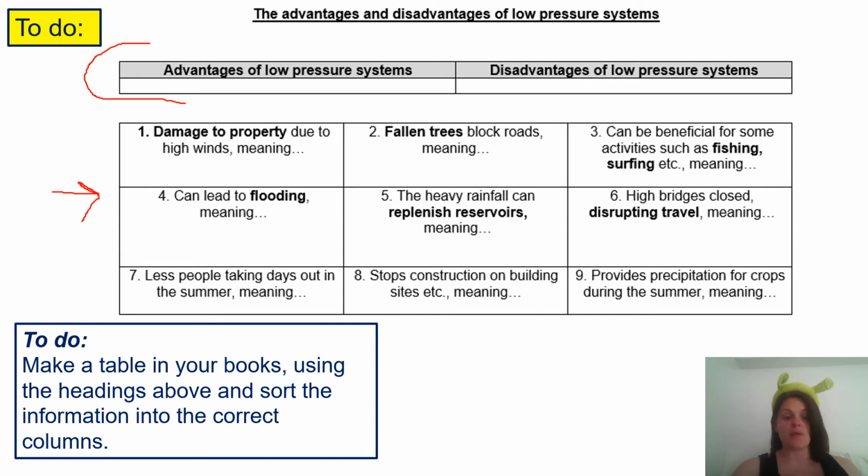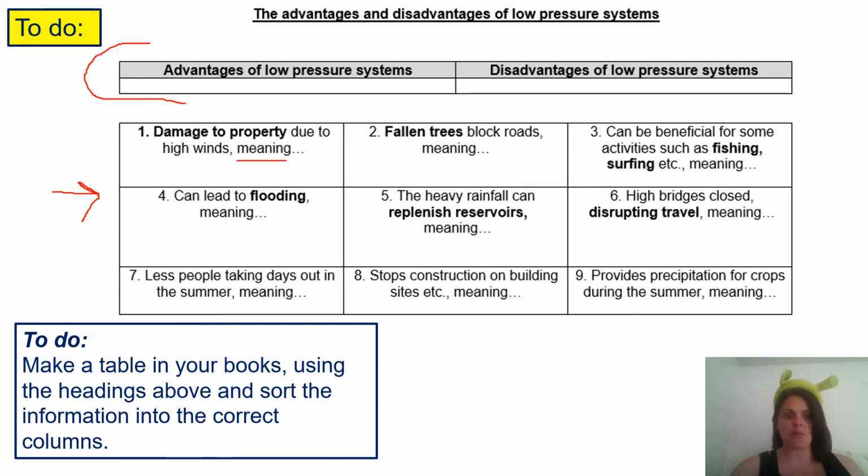So I want you to read each of these 9 statements in the boxes there. I want you to sort them out. So you don't have to write them out, you can just write 1, 2, 3, 4, etc. in the right column. Then what I would like you to do is choose a few of them, maybe three minimum,